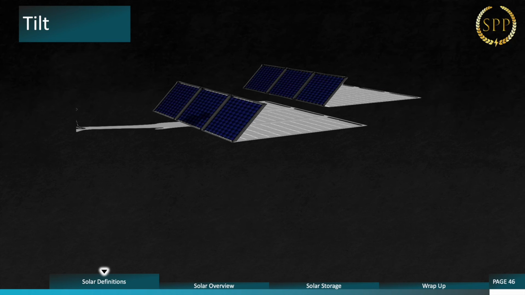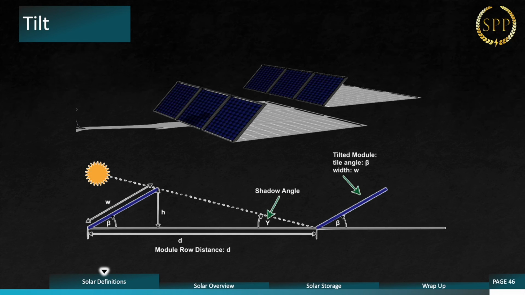So here's an example of how this is going to cast a shadow. So take a look, just as the person is, they're standing too close and the shadow is going to be cast onto the panel. But if they're spaced properly apart, you're not going to have any shadows from the actual panel themselves. So we're getting the shadow angle, the height of the panel, the width of the panels, and these are all being determined on what's going to be the best distance in between each panel before they ever get